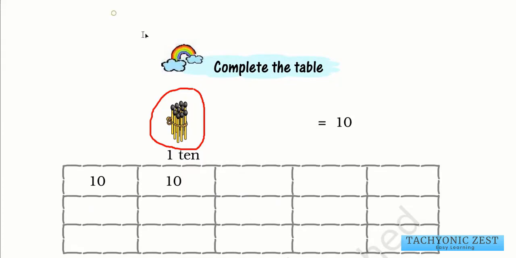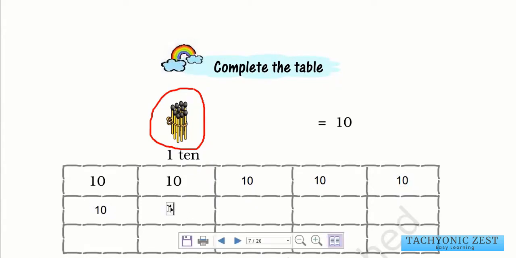So I'll do the first one, and you also please do with me. So here it will be 10. So everywhere we have to write 10. So similarly here also 10. So 110 is equal to 10. Why is 110 equal to 10? Because 110 means a group of 10. So it means a group of 10 elements or a group of 10 matchsticks. So therefore it contains 10 elements. Therefore it is 10.